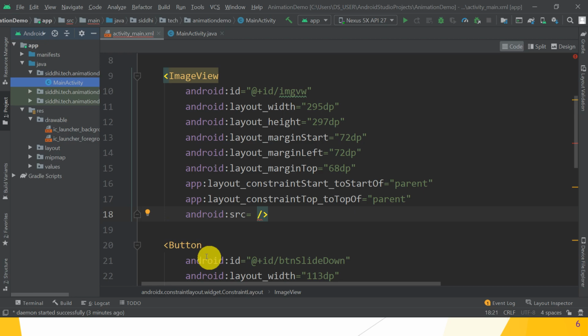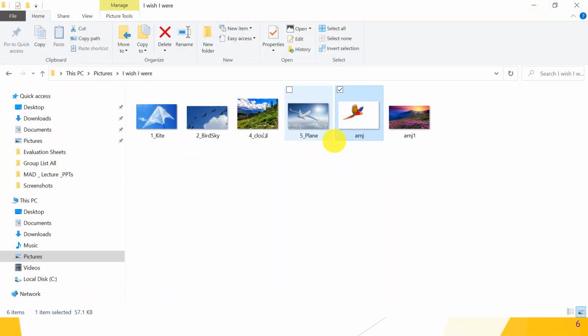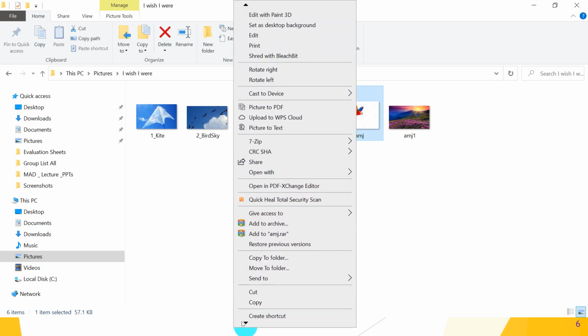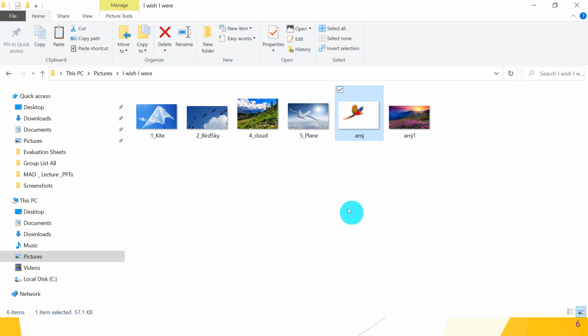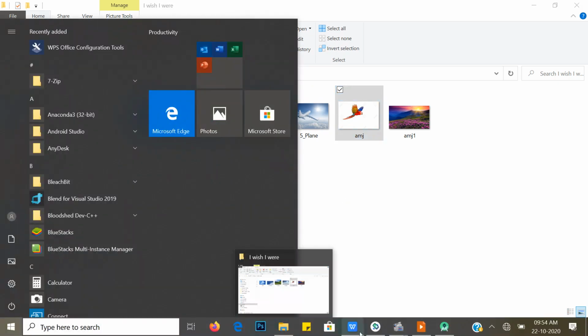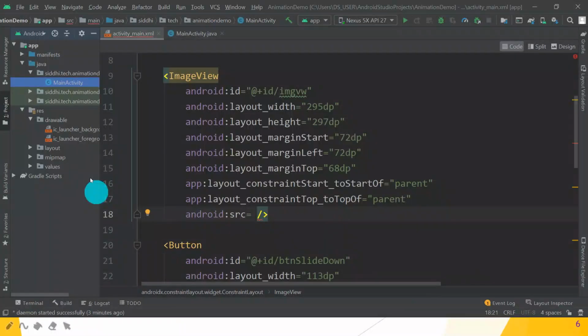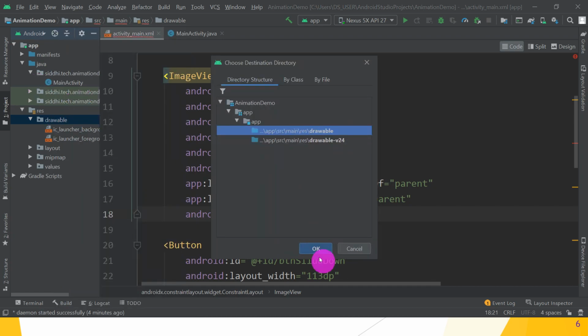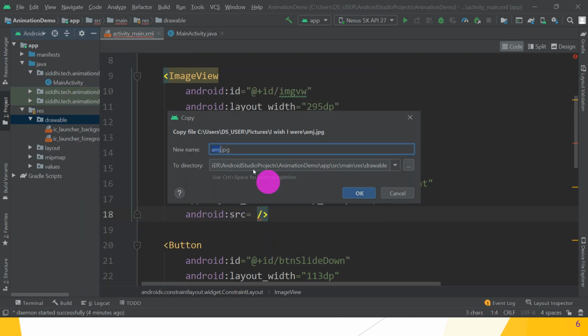So go to the folder, choose any image, suppose this is the AMJ image, then copy this image. Next go to Android Studio, inside the resource folder there is a drawable folder, and paste your image inside it. Give the name as amj.jpg.